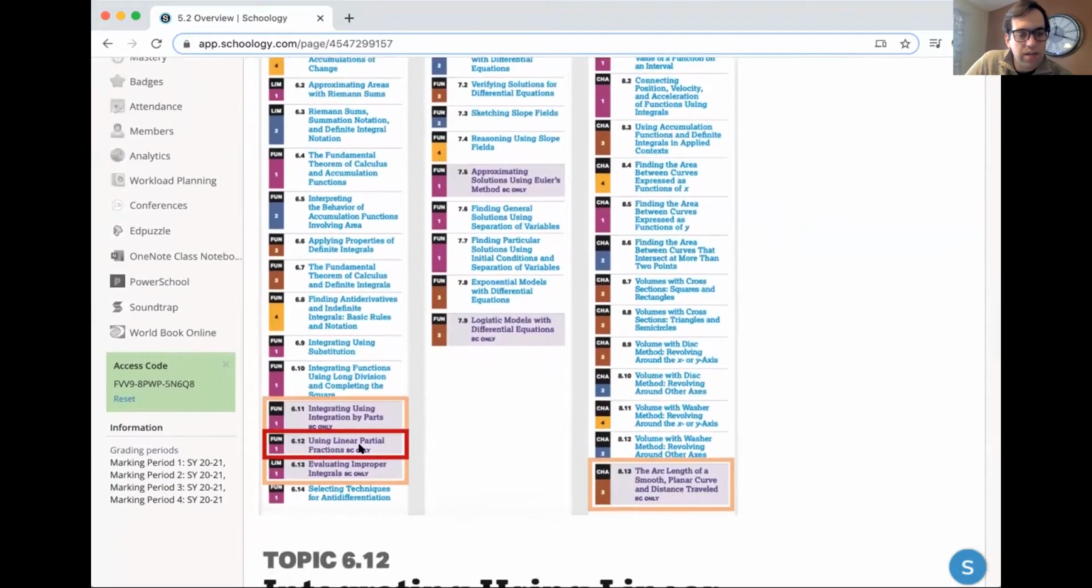You can see right here, we have using linear partial fractions, and that's what we are going to be covering today. You might remember the idea of partial fractions from honors pre-calc, or I don't think that regular pre-calc covers it. So if you had that, then you might not have seen this before. So we're going to go over just the basics of what finding partial fractions means first